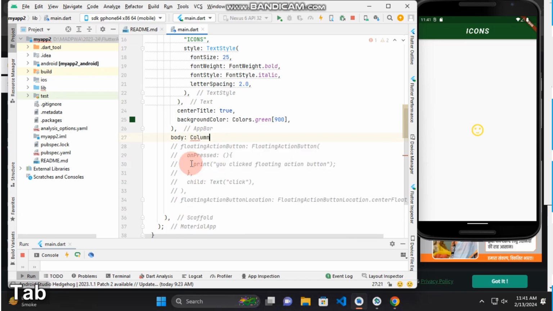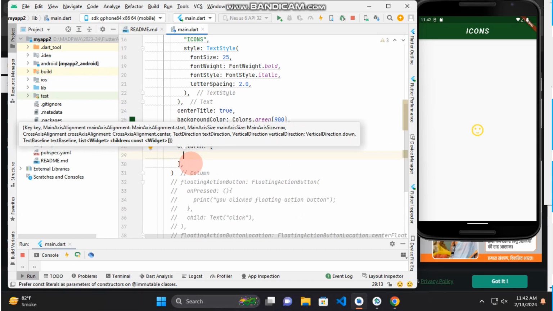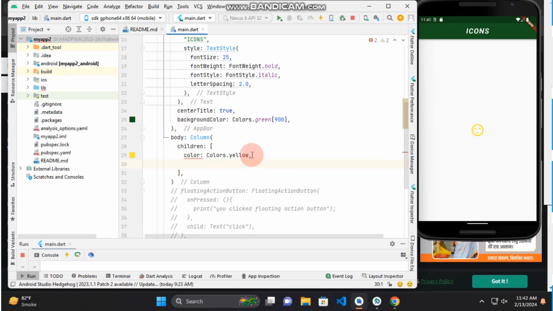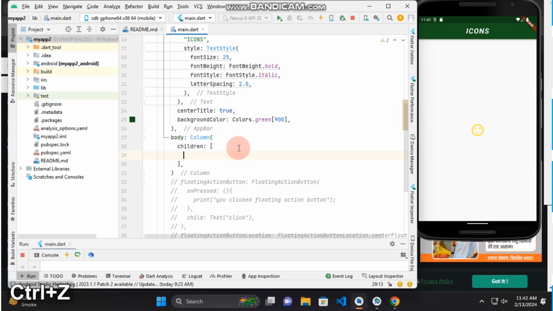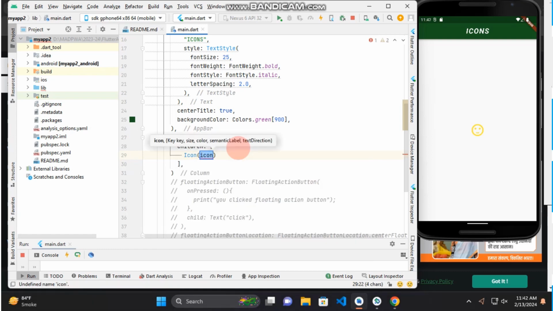Under Column, the children property, that is a list of icons, can be given. I'll paste, so I'll have to create again by using Icon in brackets, Icons.name of the icon,